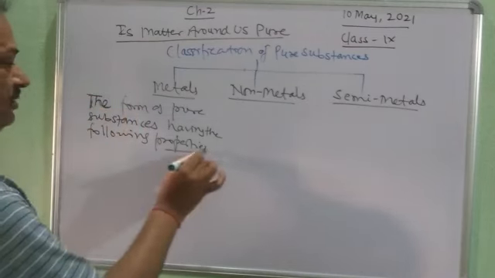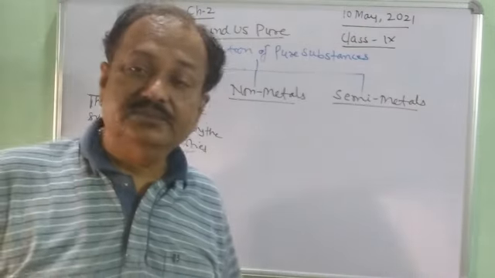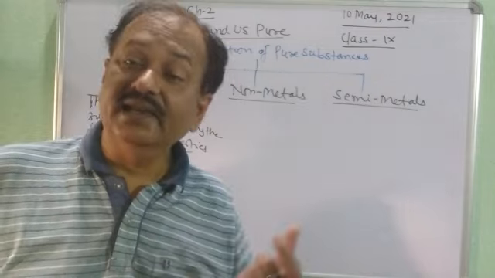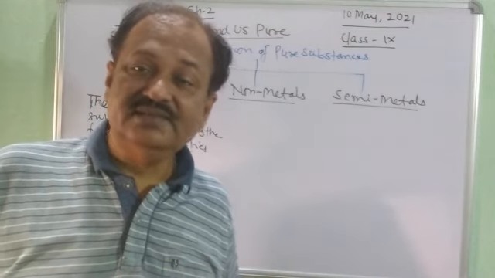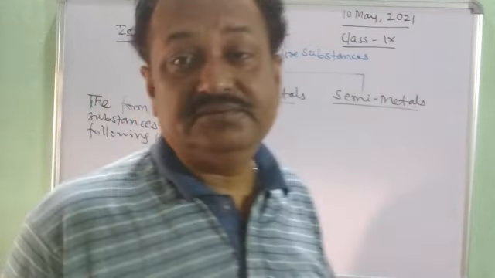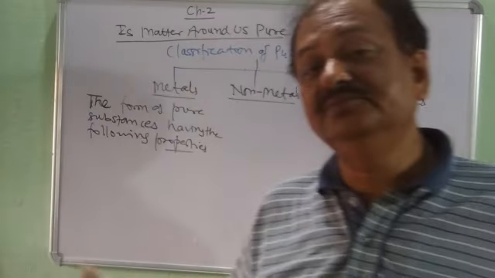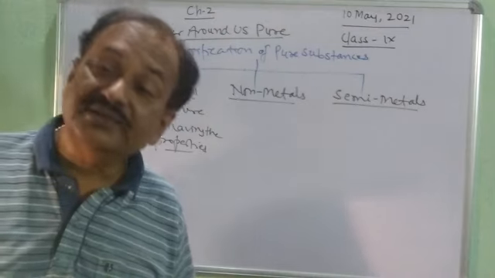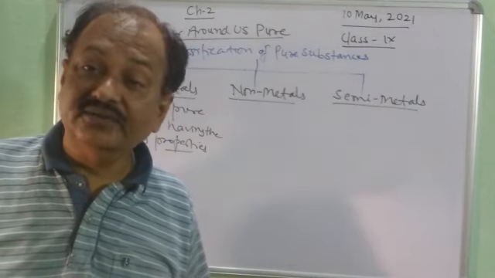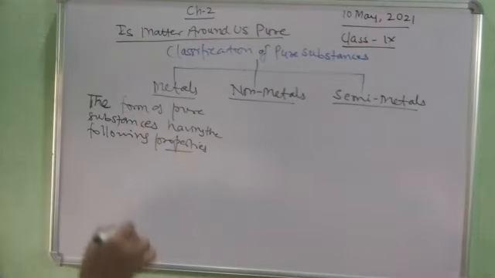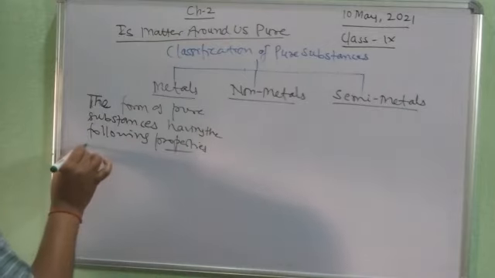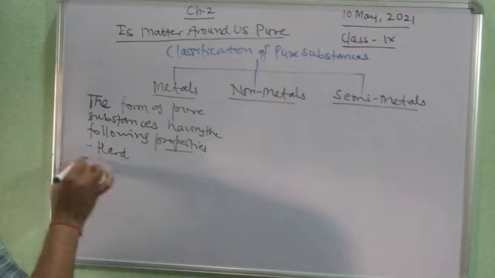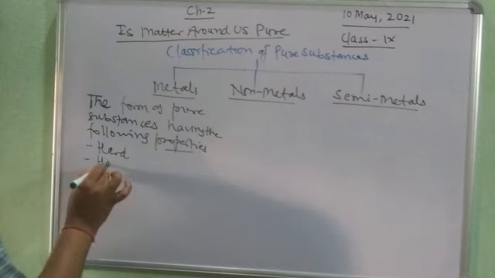And what are the following properties? You all have experienced metals like hammer, utensils, bucket made up of iron, bucket made up of copper, and different things, ornaments. What is common? All are very hard. So, the following properties: they are hard,